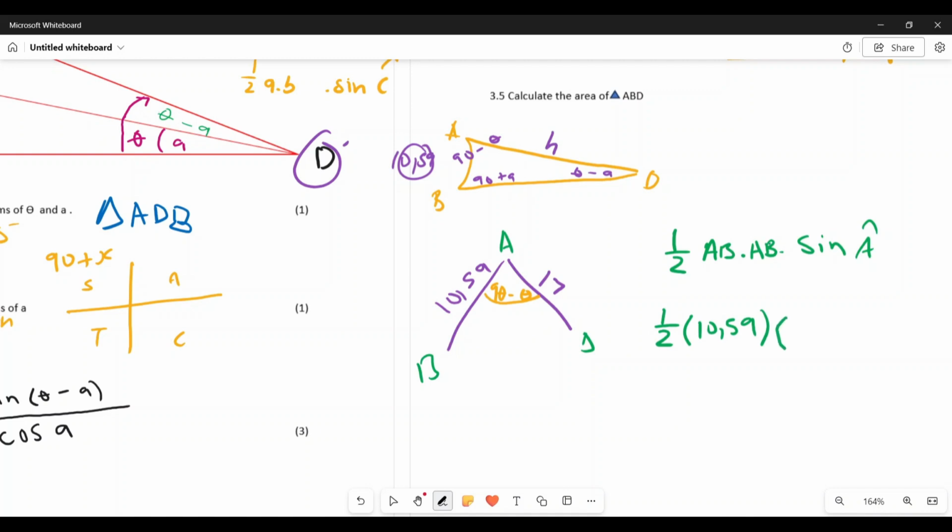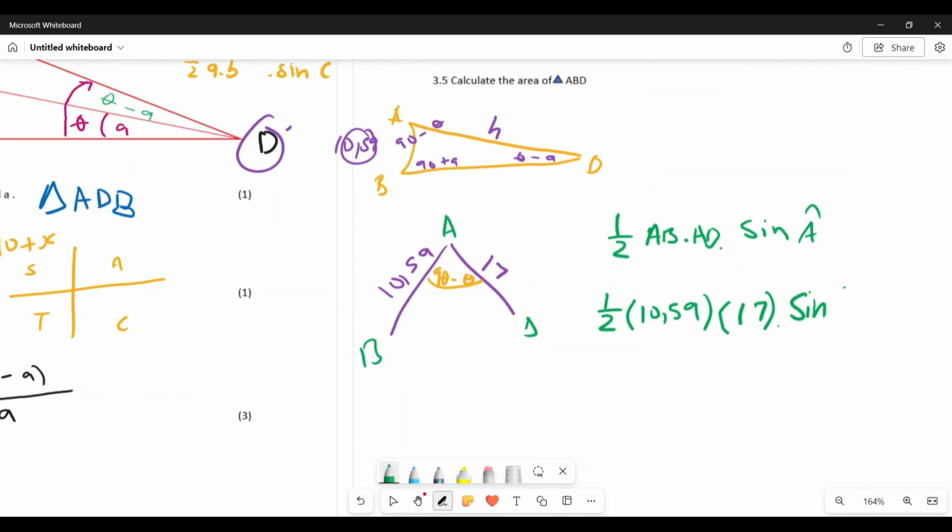Now my AD, so here is supposed to be AD, not AB. Let me just erase. My AD, which is my H, 17, multiplied by the sine of the angle that they both close,